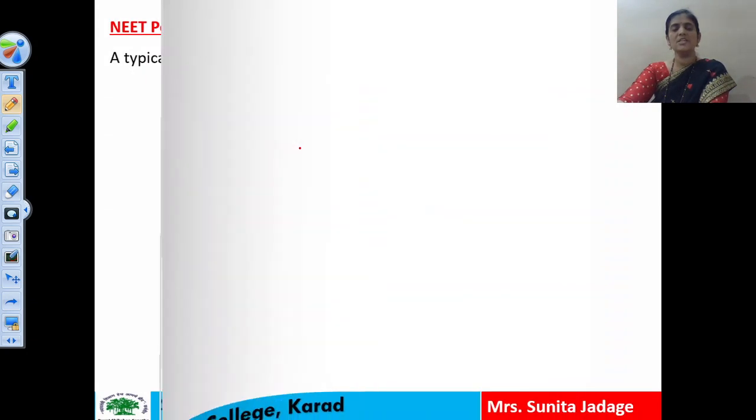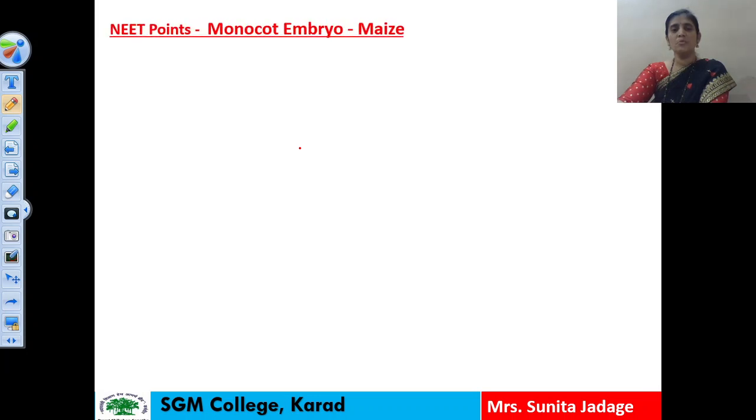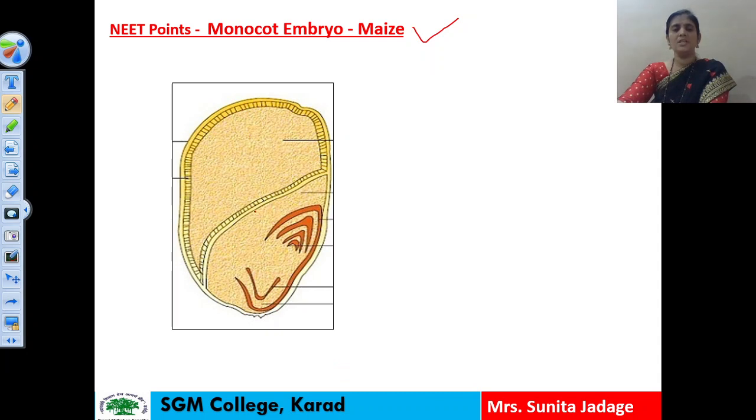Okay. Now let us see the structure of the monocot embryo or monocot seed. Here the maize seed we have to study. This is the structure of this maize seed, and particularly this maize is showing an endospermic seed. So in this diagram we have to see the endosperm and the embryo. This is the first part, the larger portion, which is covered with the help of endosperm, and the lower portion is showing the development of the embryo here.